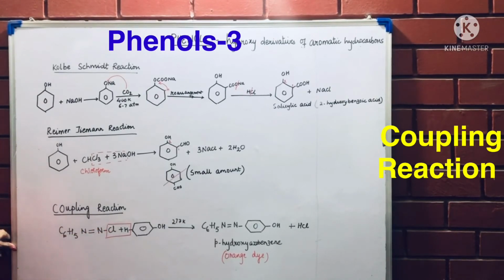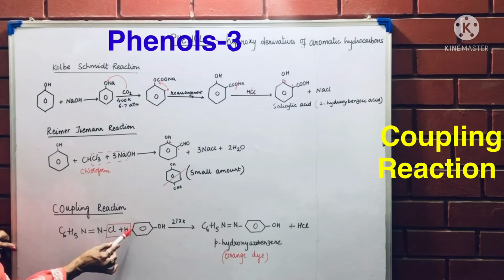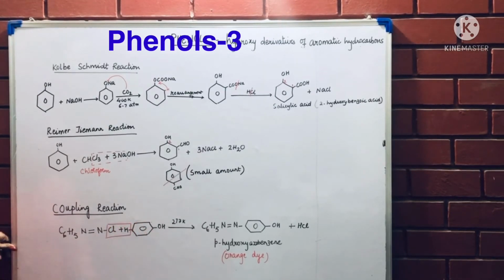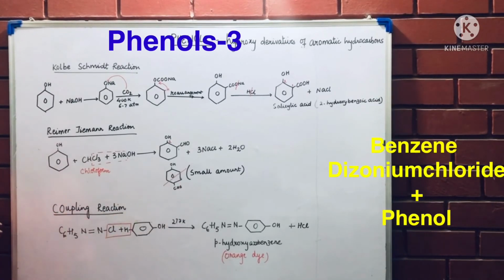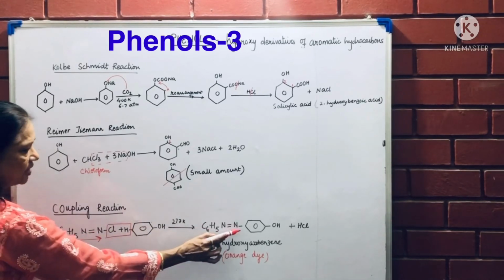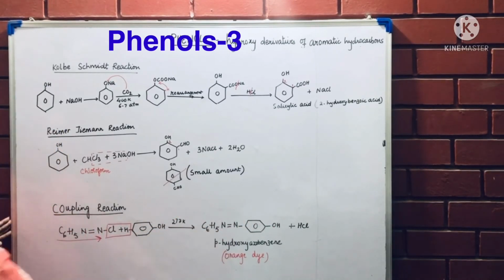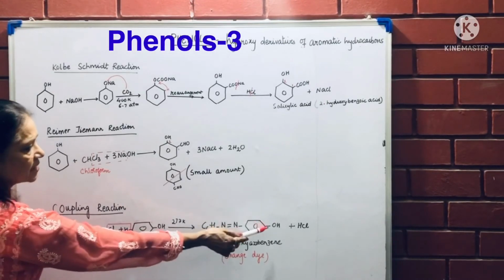Coupling reaction. It starts with benzene diazonium chloride. C6H5N2Cl is benzene diazonium chloride. And this is phenol. Be careful that the functional group of phenol is not to be touched. At the para position there is a hydrogen. There are hydrogens everywhere. So at the para position this hydrogen combines with Cl, forms HCl, and after that we have just coupled them up together. Coupled means join them up together. So starting from C6H5N2, then the ring, then OH, which is called para-hydroxy. This is at the para position.